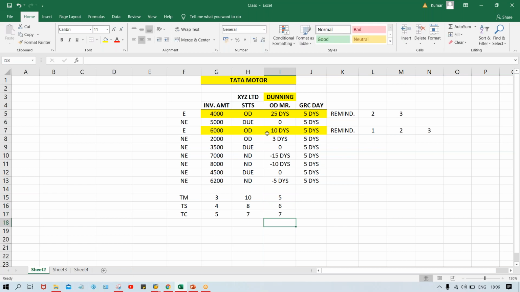So for the same invoice, let's suppose it is not there for every company code, but let's suppose there is an invoice of a particular amount. Whatever is overdue becomes overdue by a margin of 6 days. One invoice becomes overdue by a margin of 6 days. So for Tata Motor, we can send the reminder, but for Tata Steel and Tata Chemical we cannot send,